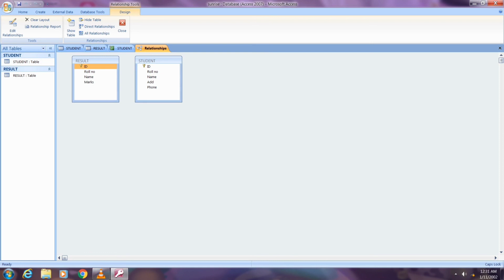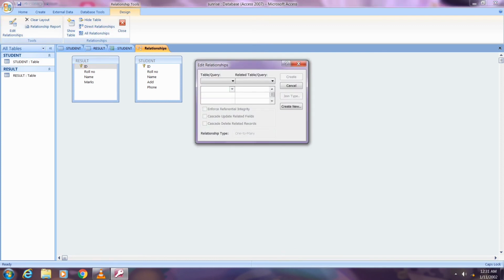We can see an edit relationship dialog box. Now an edit relationship dialog box is opened. Click on the create button. Now I will click on the create button. The relationship is created.